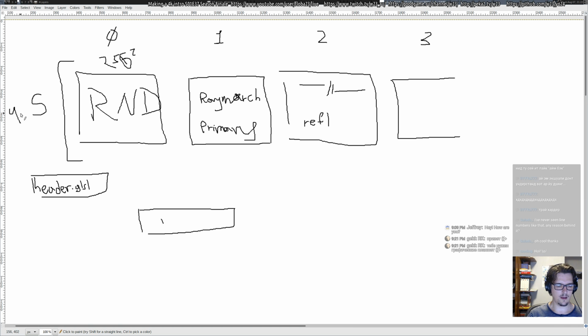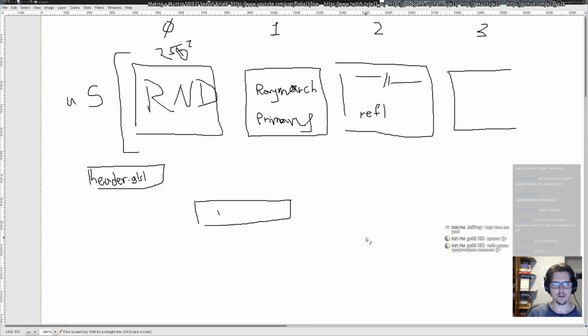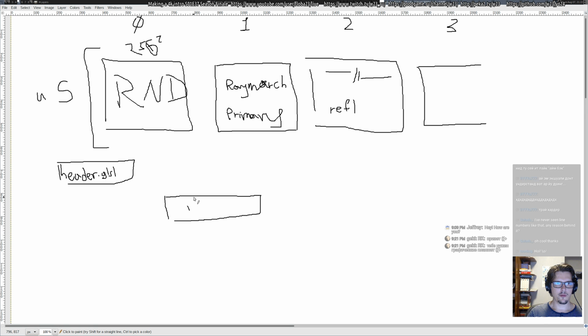This is a uniform that gets defined for every shader, a uniform sampler2D with all of this stuff. I will show it in code, but basically I'm trying to let you know of the architecture here. So this is a Raymarch shader, Ray GLSL, that